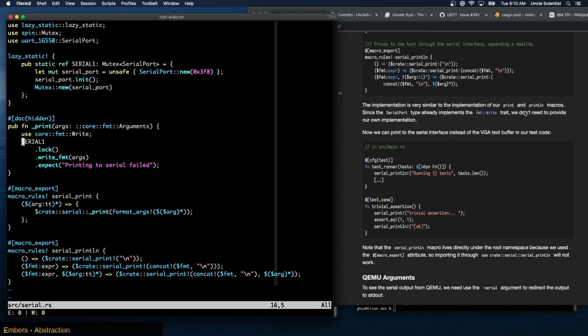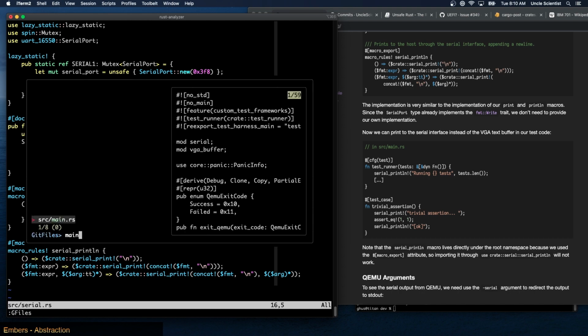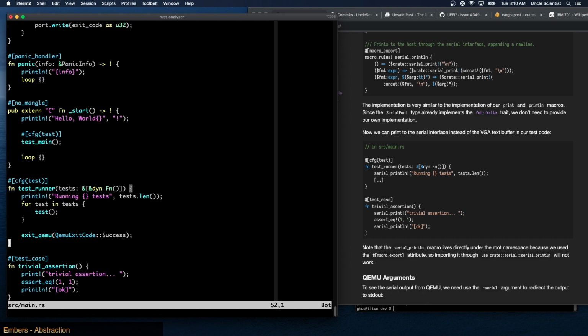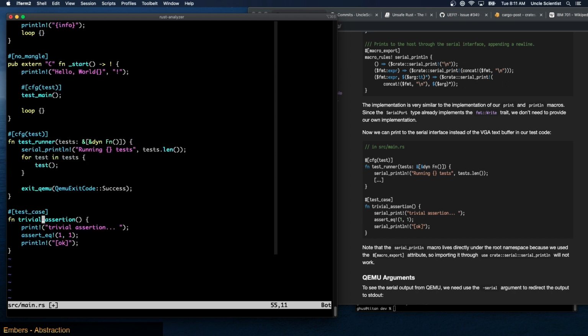All right, so since the SerialPort type already implements the fmt::Write trait, we don't need to provide our own implementation, right? So we can just write to it, I guess, with write_fmt. Now we can print this to the serial interface instead of the VGA text buffer in our test code. Okay, let's go back to main. And instead of saying println, we'll say serial_println. And I guess down here we do serial_print and serial_println, right? This should build. It does. And then if we run test,